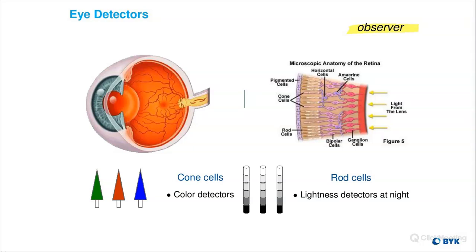So we have cone cells and we have rod cells. If you see here, our cone cells make up the RGB colors, so red, green, and blue. And then we have rod cells, which are lightness detectors. And these are used at night to help us understand shades and dark areas and light areas. And we need both of them. That's the very important thing, is that we not only use just the color, the cone cells, but we also use the rod cells because lightness is an important factor in what color we're looking at.